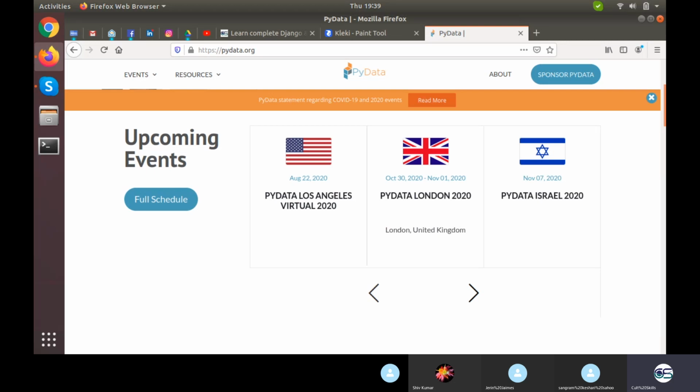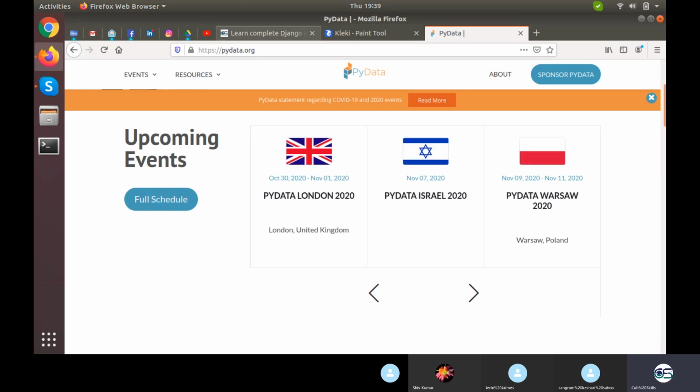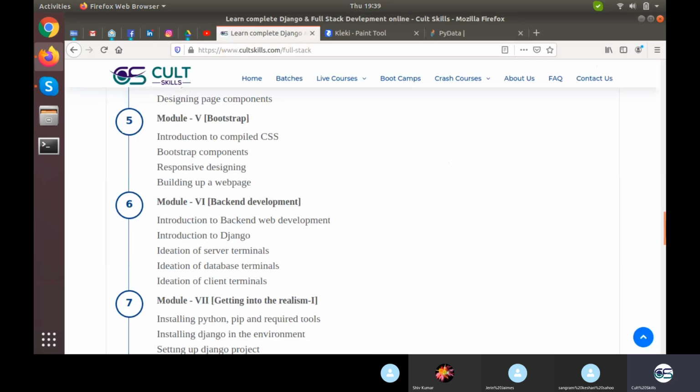We think like someone has placed it right here itself, and this could be true as well. But the thing is, this is not being statically placed. This is altogether coming from a backend and rendering into the front end part. If I show you the CultSkills website, do you think I just have placed all these things statically right here? No. So basically there is an admin panel in which I can add any value, replace any value, delete any value, and it will get updated.